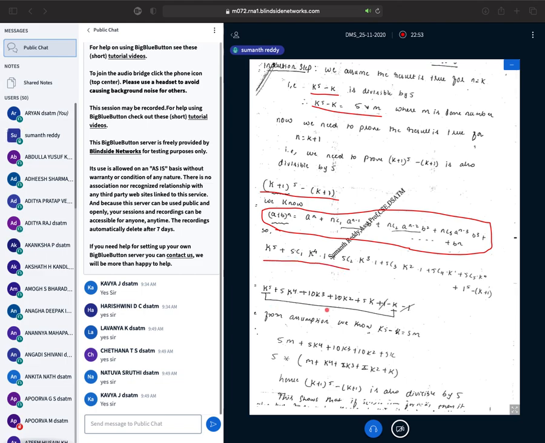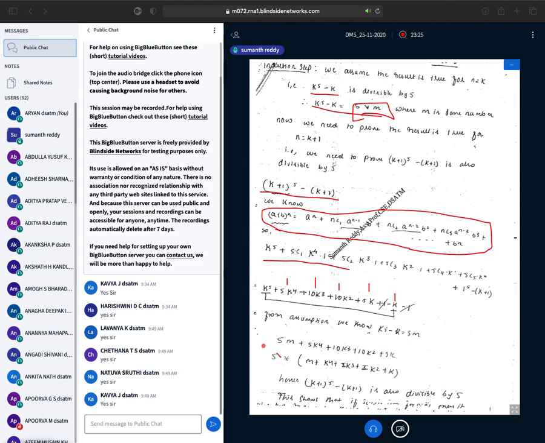Now, based on the expansion of (a+b) whole to the power of n, I can write it in this way. Same thing: minus 1 and plus 1 will get cancelled. Now if you observe, every term here is a multiple of k. No need to worry about all these terms, only the first one, k to the power of 5, and the last one, minus k. Here it is not a multiple of 5, but k to the power of 5 minus k can be written as 5m, from the assumption stage. So if I replace that with 5m, now every term is a multiple of 5.